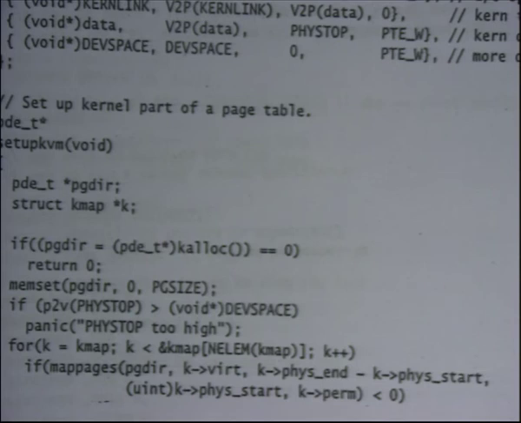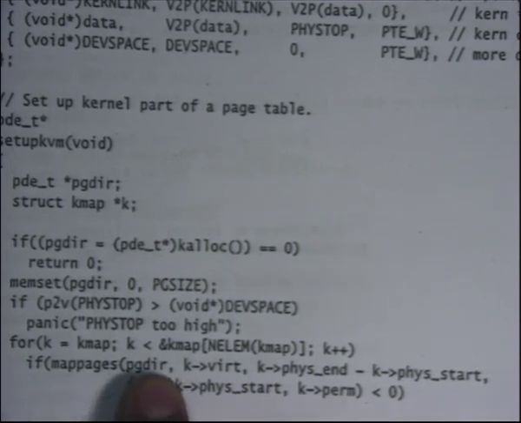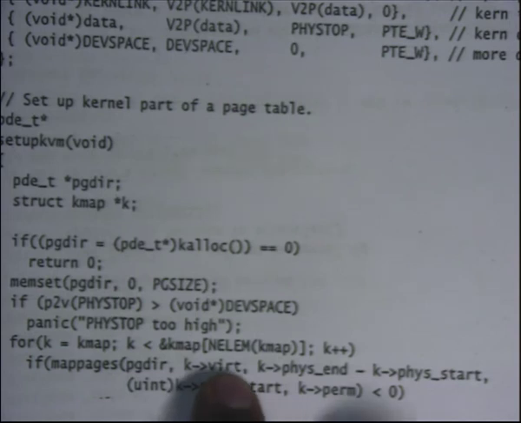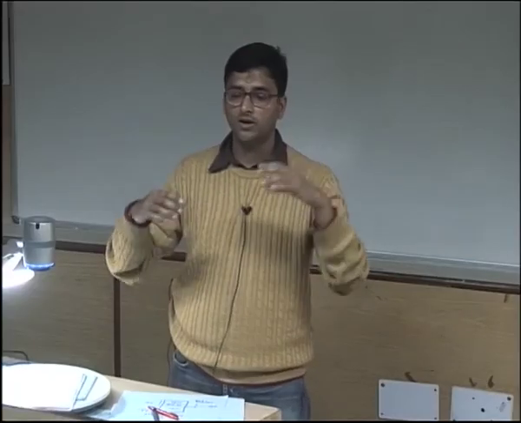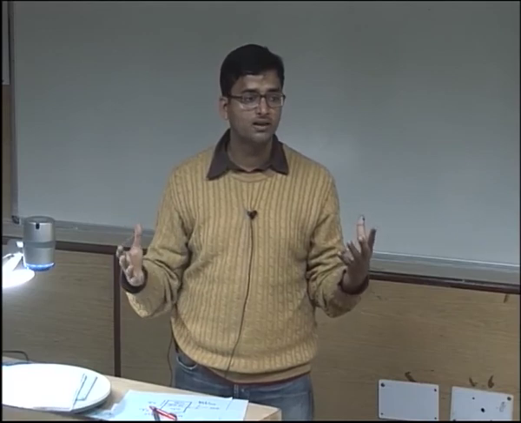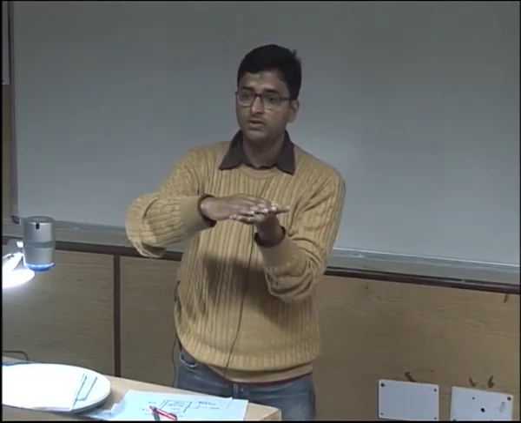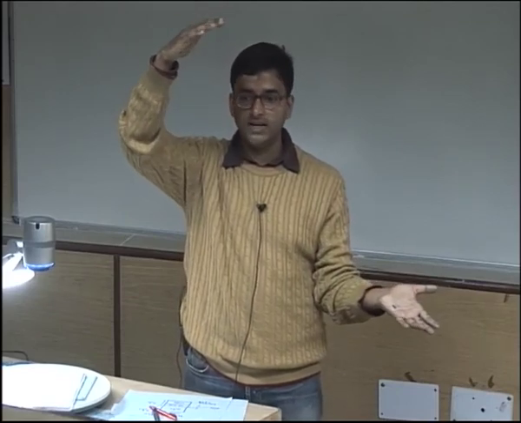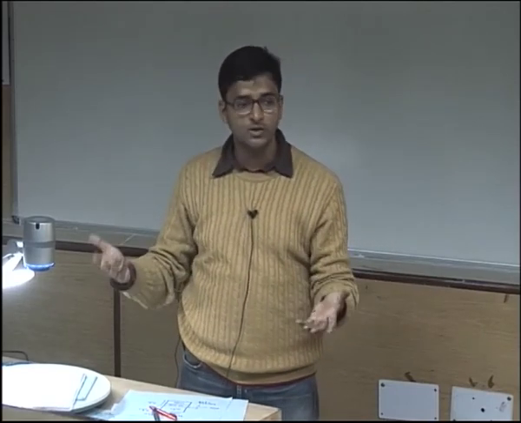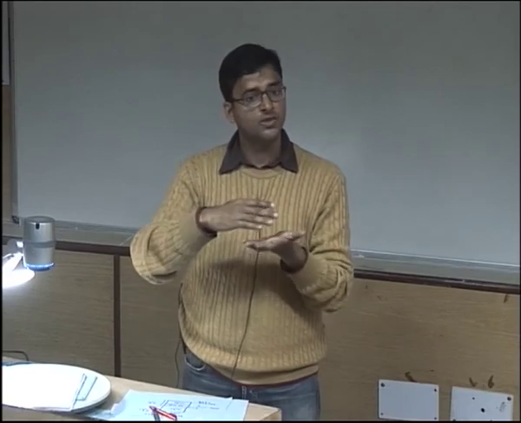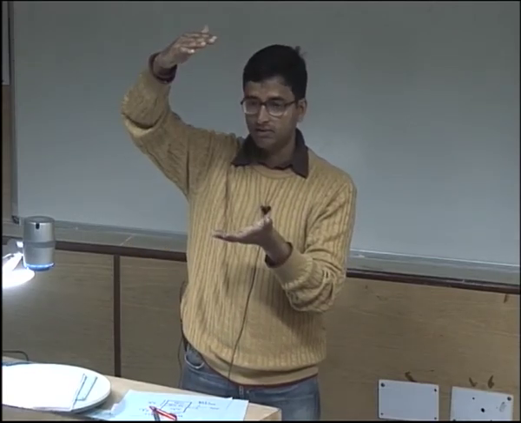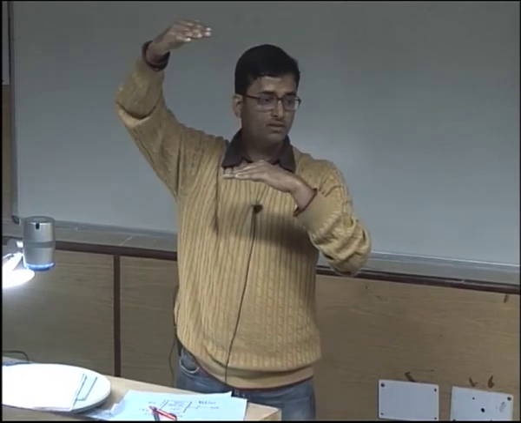So what map pages is going to do is fill in this structure called pagedir such that this area in virtual address space gets mapped to this area in physical address space. And it's going to do it using small pages. Recall that I had said that one common optimization used in mainstream kernels is that you use large pages to map the entire kernel. That saves space. But XV6 doesn't do that. Just to make things simple, XV6 uses small pages to even map the kernel address space. So all these regions are going to be mapped using small pages.